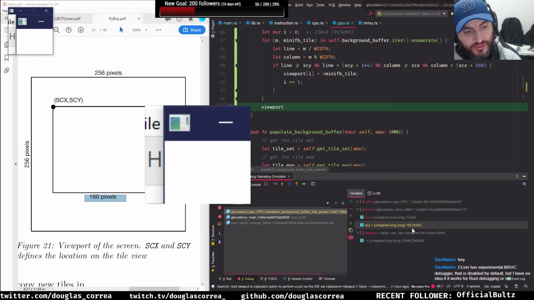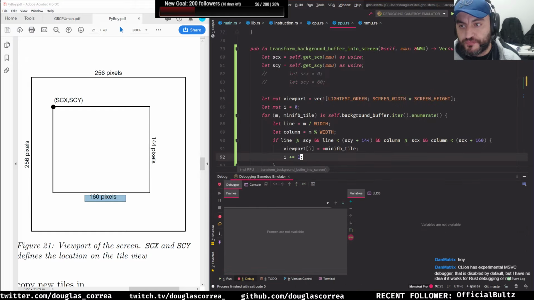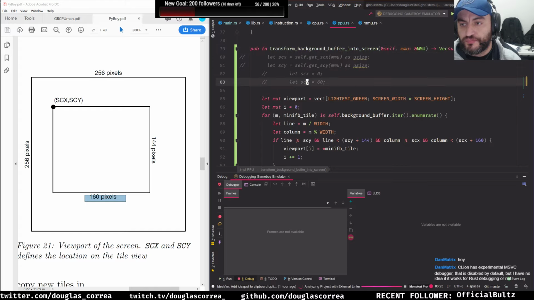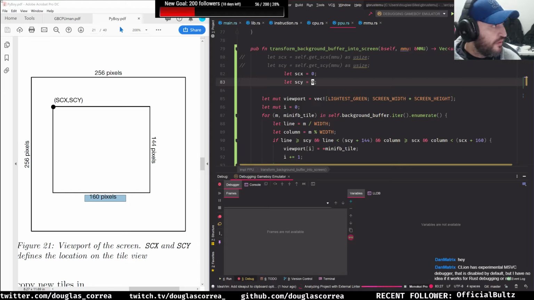Yeah, so 100. If we put both variables to 0, you can see